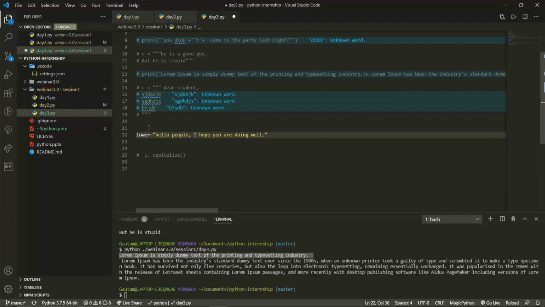Everything is in lowercase except this, so I will make this lowercase also.